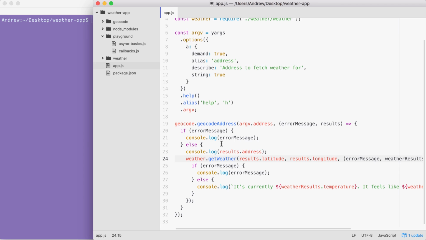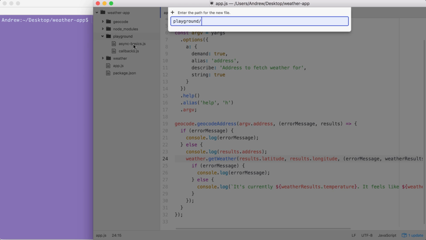For now, though, we're going to explore the very basics. I'm not going to compare and contrast callbacks versus promises just yet, because there's a lot more subtleties than can be described without knowing exactly how promises work. So what I'd like to do, before we even talk about why they're better, is go ahead and simply create some. Over inside of the playground folder, we're going to do that, and we're going to call this file